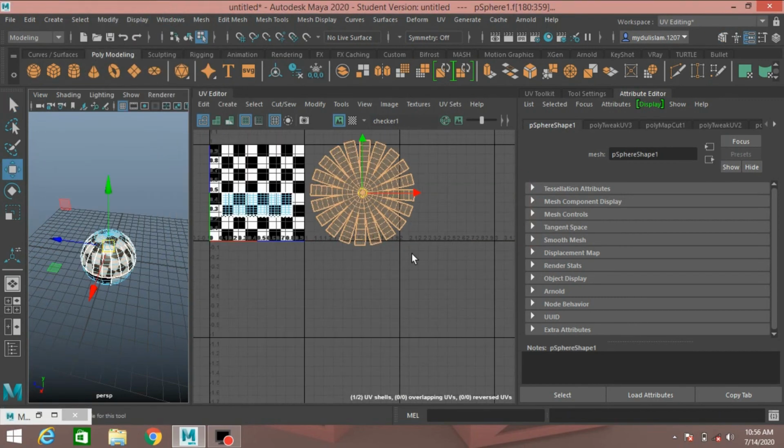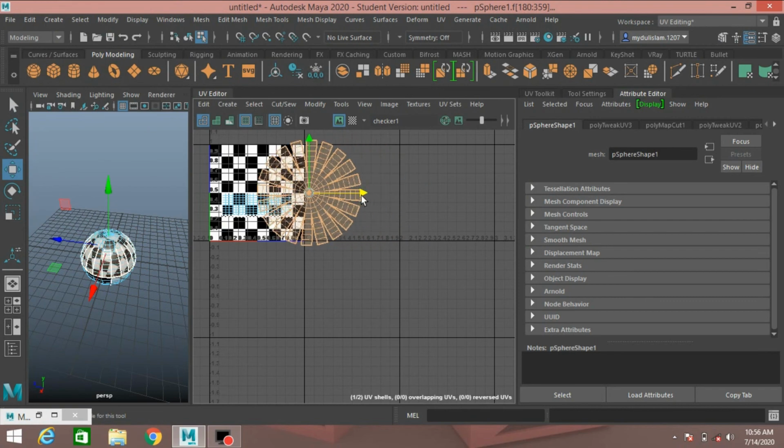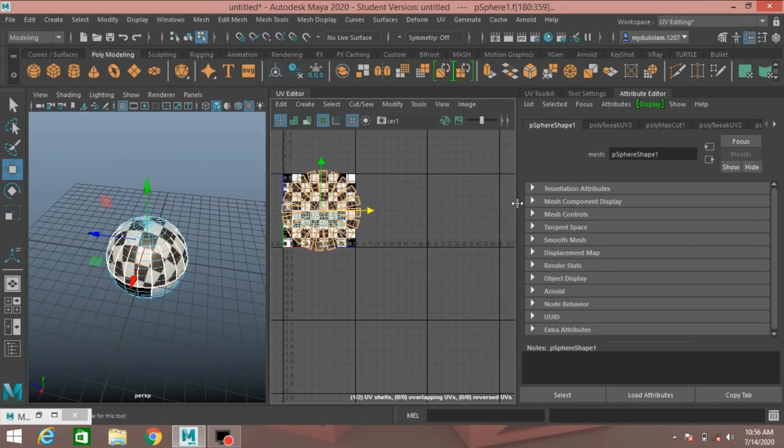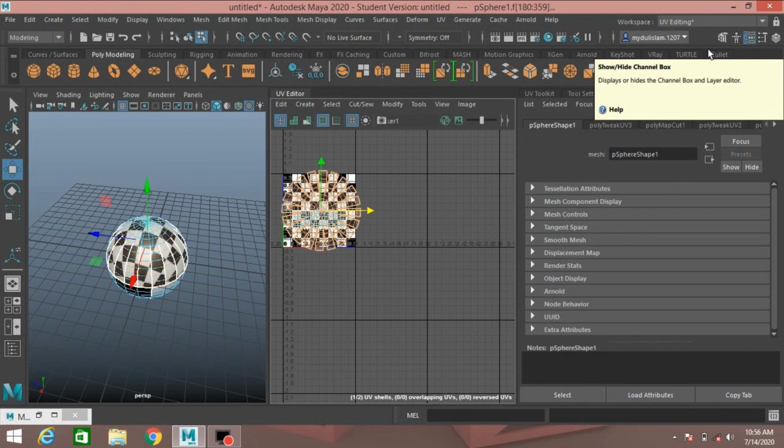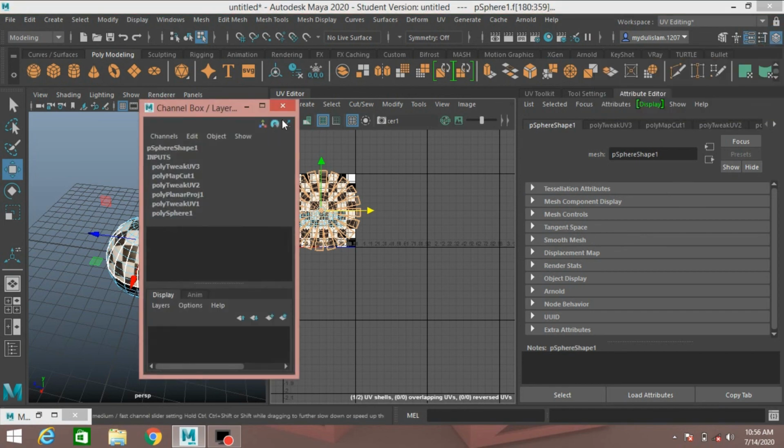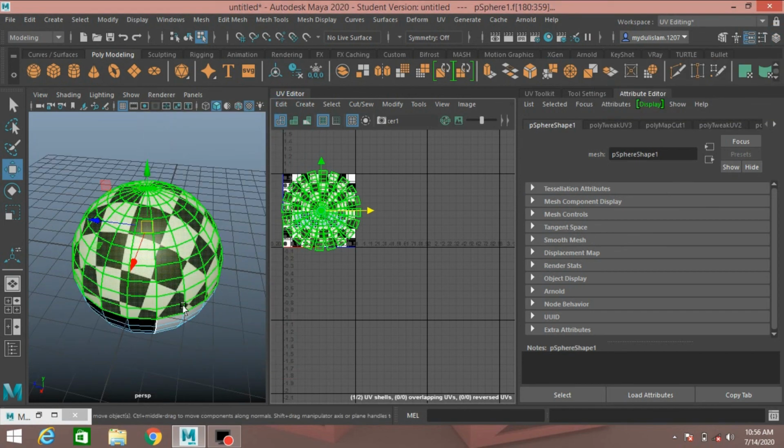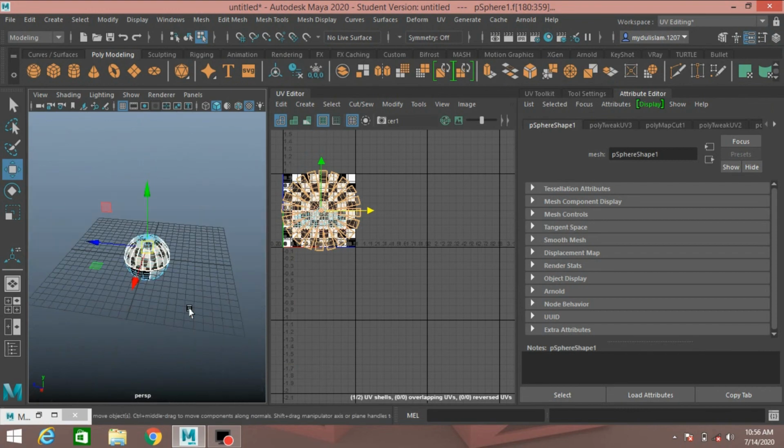Select move tool, move the UV shell just here and see on this object.